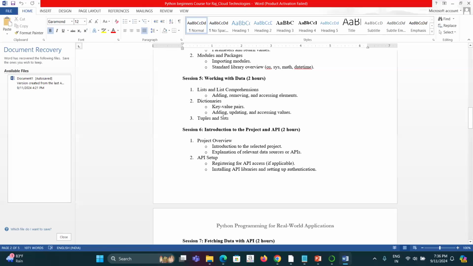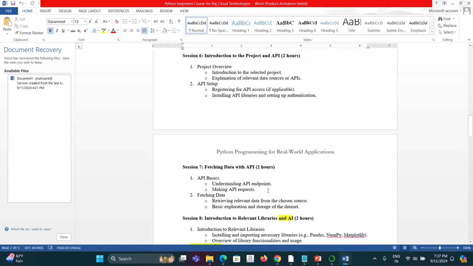And then finally I will give you an introduction to all the 6 project topics. We will also cover how you can use APIs for quick data acquisition from third party apps, especially the Open Weather API, or maybe some of your trading software like Upstox, Zerodha, or Angel Broking. Those APIs which have been provided, how you can get the data, fetching data, that part is also covered here.